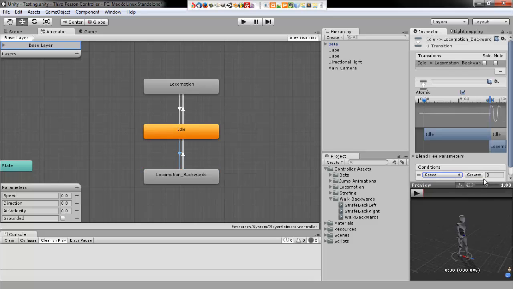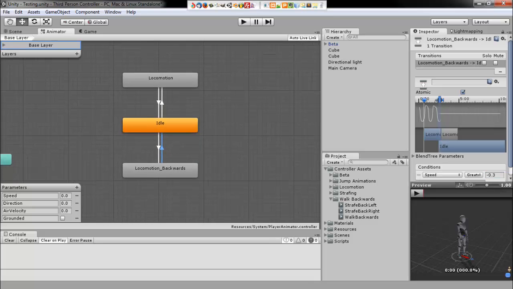So we'll say if the speed is less than negative 0.1. No, that's a little bit low. We'll just keep using 0.3. Alright, and we'll say the speed is greater than negative 0.3, then we want to transition back into idle from